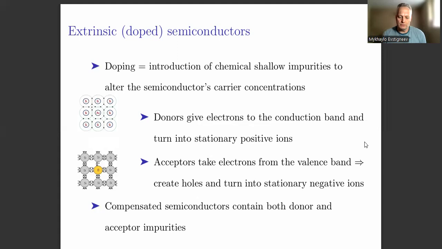So what does it do? It takes a valence electron, that is an electron from the valence band, from one of the neighbors to form its own chemical bond. In this way, the impurity atom, like boron in this case, turns into a negative ion,